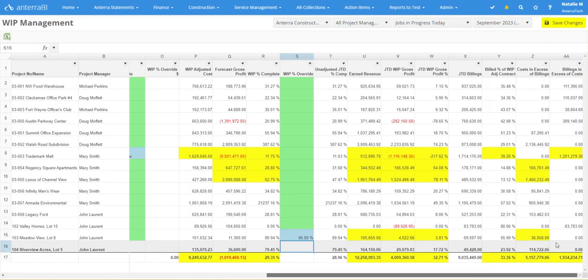Like all aspects of Antera, the WIP management grid allows the user to export it in Excel format. This is especially useful for companies using Vista that want to import these adjustments into their general ledger directly in Vista. Antera's system stores WIP adjustments on a monthly basis, so you can always go back in time to see previous adjustments, but the actual numbers from Vista will come in and be the source of truth after the month end throughout Antera.